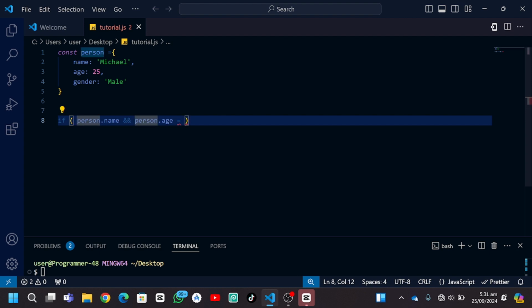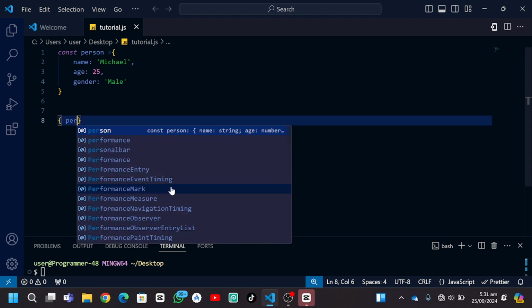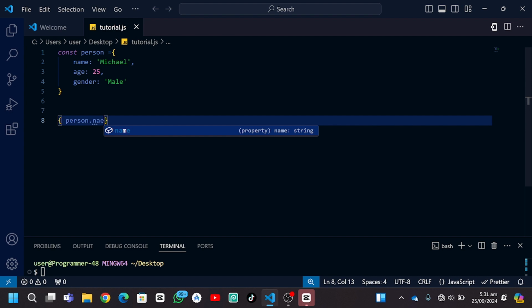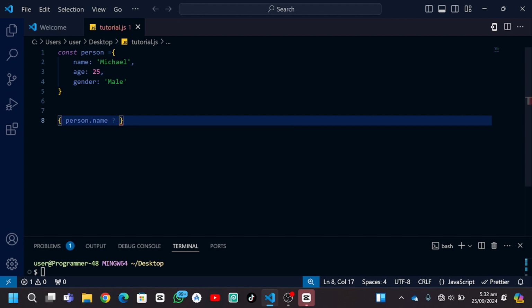But if even one does not agree, then the else block runs. In React and React Native, ternary operators are mostly represented in curly braces, as I have opened. So in case you want to see if person.name is equal to Michael, print out he's a great guy, we are going to write person.name, you bring a question mark to represent then, we want to see console.log he's a great guy,